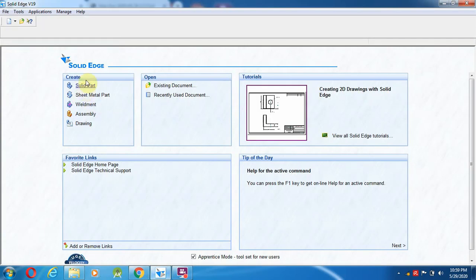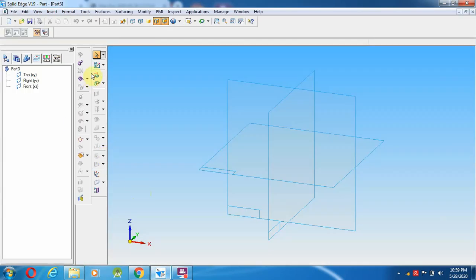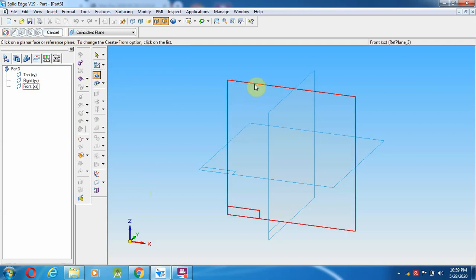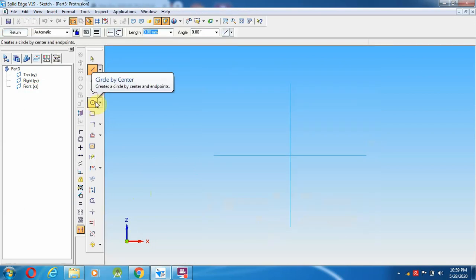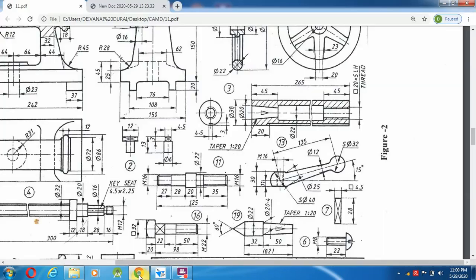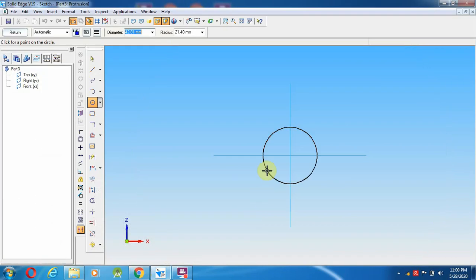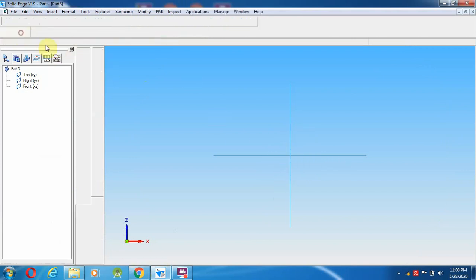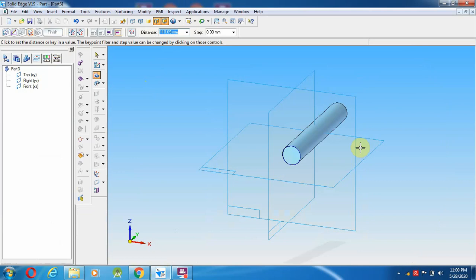So go here, select a solid part and go over here, protrusion, select front plane. From here, what is the initial diameter? 16. So I give 16, and this goes up to 55 mm distance, sorry, not diameter, distance.